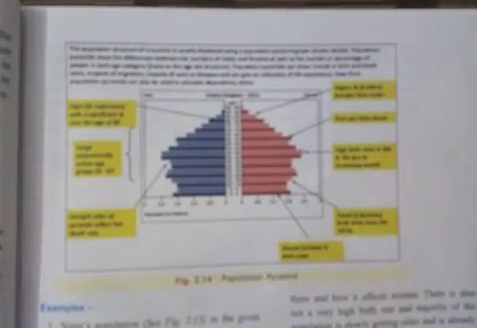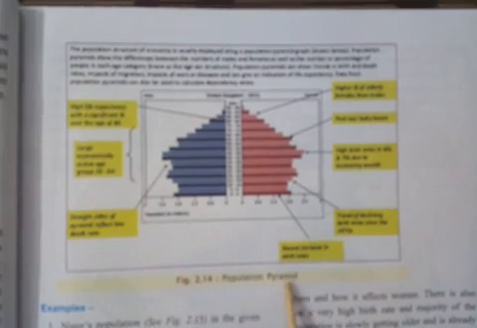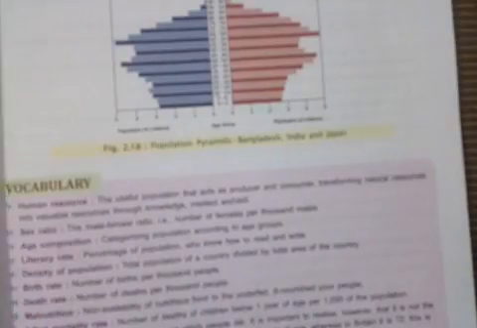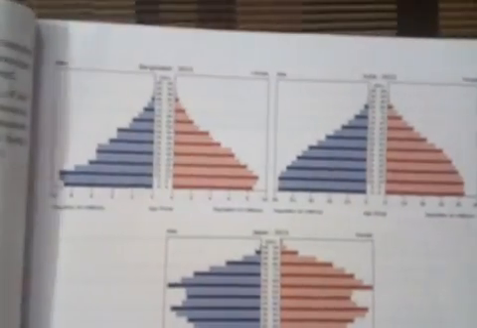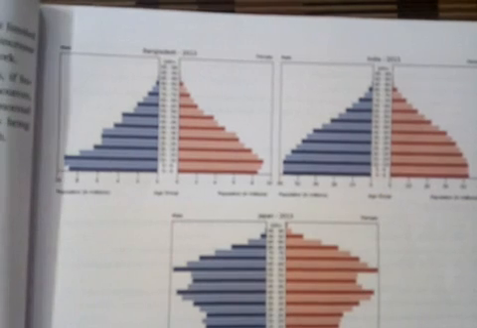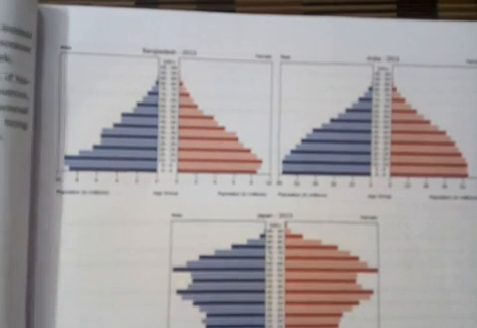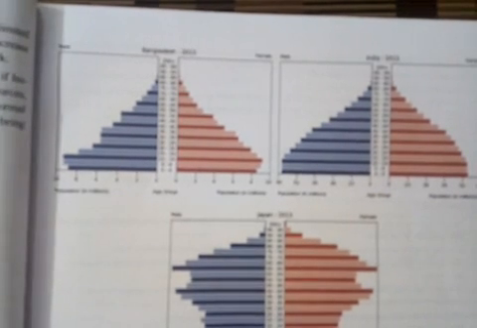I will show you, like you can see here, one here 2.14, another one 2.15, then here 2.16, and 3 more population pyramids I will show you. I will show you what the meaning of this is, how we read it, and how we